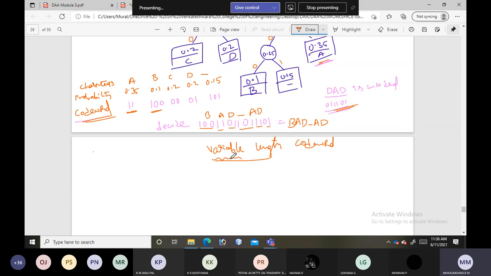So what is the difference if it takes a fixed length, or what is the drawback we are having? Suppose the fixed length is 3. How many digits does it require for A 3, B 3, C 3, D 3, underscore 3? It requires 15 digits, in the case of fixed length encoding.